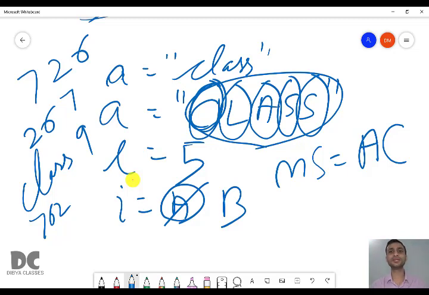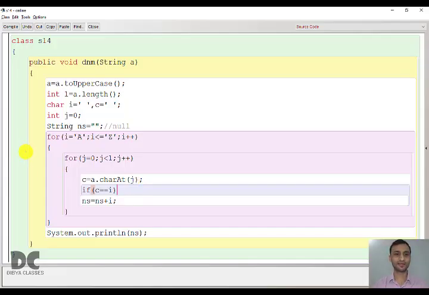The same question is for alphabets. It is the same program, only in that program we are taking from 0 to 9 or from 9 to 0 according to ascending or descending. Here we are going to take A to Z. In that program we are extracting each digit. In this program we are extracting each character or alphabet and checking it. Otherwise it is the same program which we did in class 9. Only here, instead of 0 to 9 it will be A to Z, because here we are talking about alphabets. Otherwise the whole program is the same. It is the same concept.